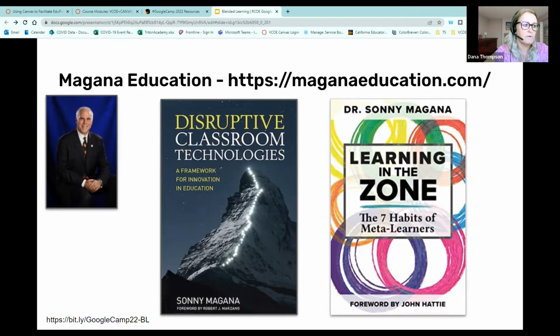But in working with him, he's developed this T3 framework, which he introduces in The Disruptive Classroom. What he focuses on is that we want technology in education to be, right now it's either disruptive or distractive. And we want it to be disruptive. And what he means by that is not distractive, where it's distracting them away from the learning and they're online looking at YouTube, but not for educational purposes and those kinds of things. We want it to be disruptive, meaning it's going to disrupt the traditional classroom education and really get students engaged